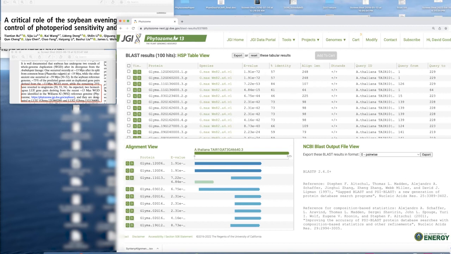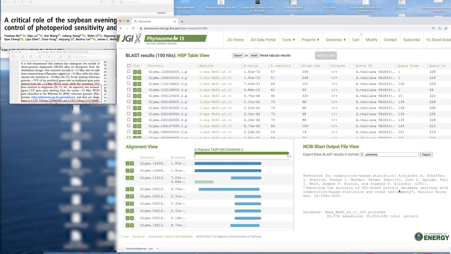Okay, and so this is a pure BLAST-P, protein set against protein set. You can see the top HSP hits here with links to their gene pages and their browser views. You can select them and add them to the cart if you wanted. There's also a graphic view, and there's also a standard